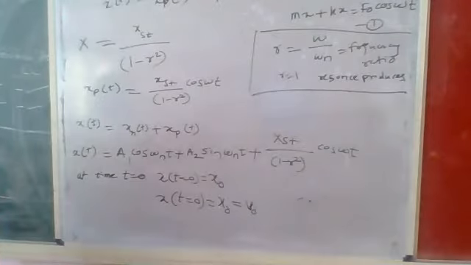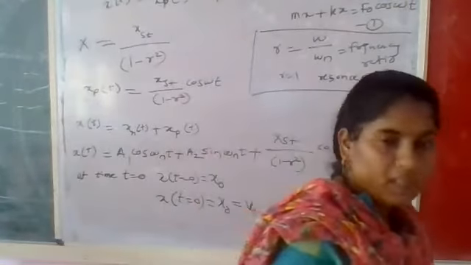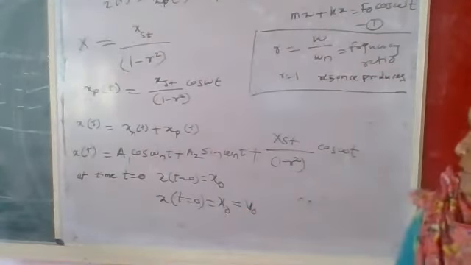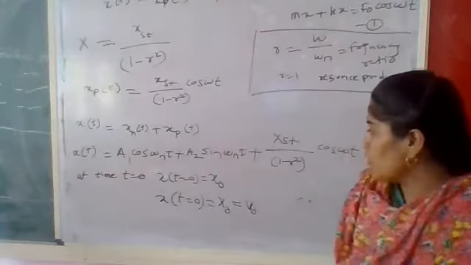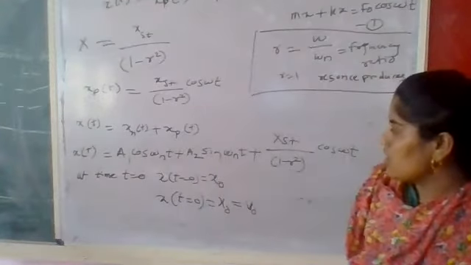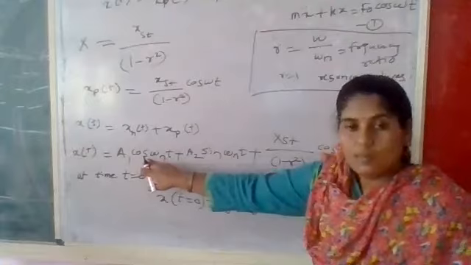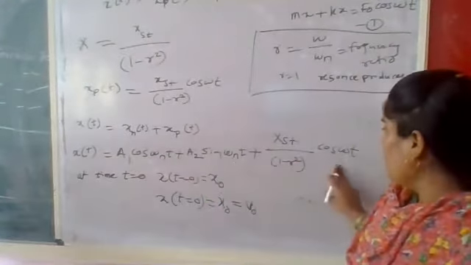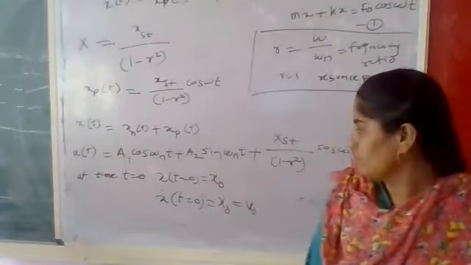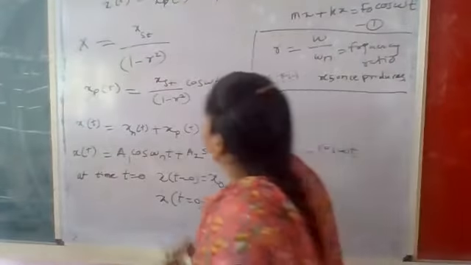So all of you solve this and tell me the answers of a1 and a2, and if we put these values of a1 and a2 into the equation, that will be the last equation for the undamped forced vibration system. So put the value, first condition you apply into this equation. At time t is equal to 0, x is equal to x naught. What is this cos term? What is meant by cos 0? Cos 0 is 1, sin 0 is 0, and that remaining term. So you calculate here. If you have completed, I will erase this and start from the top.